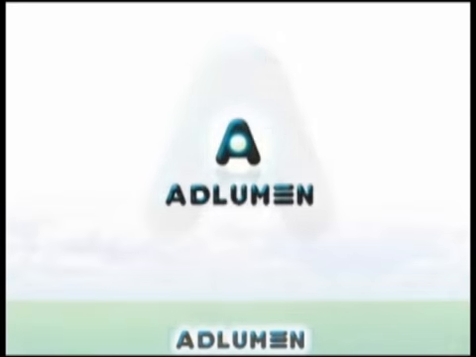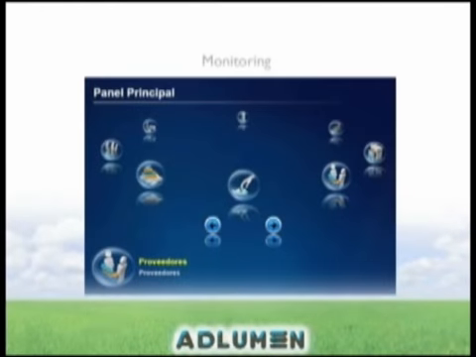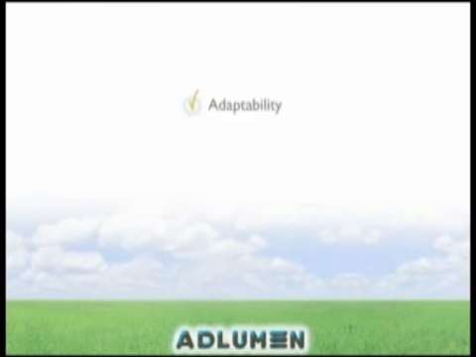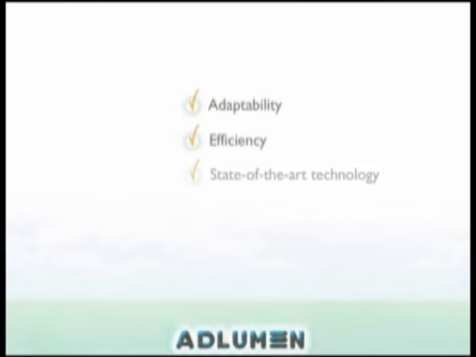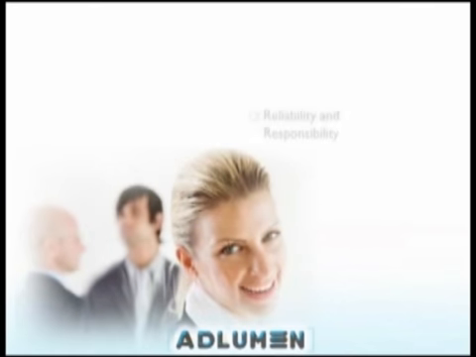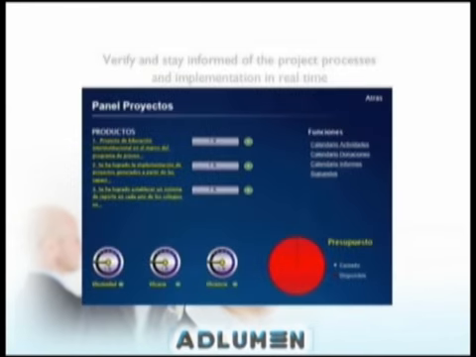Adlumen is a web application that allows managing, monitoring, and follow-up of social projects. Its adaptability, efficiency, and state-of-the-art technology provides organizations with reliability and responsibility. The donors, beneficiaries, and the civil society will be able to verify and stay informed of the project processes and